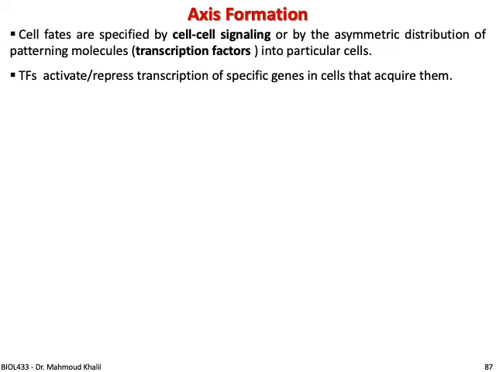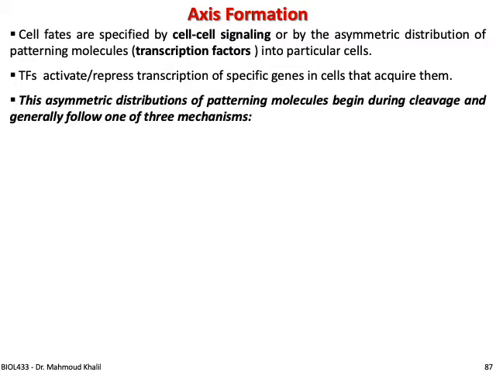Axis formation. Cell fates are specified by cell-cell signaling and the asymmetric distribution patterning of transcription factors. These TFs activate or repress transcription of specific genes in the cells that acquire them. This asymmetrical distribution pattern of the molecules begins during cleavage, because as we said before, the cleavage